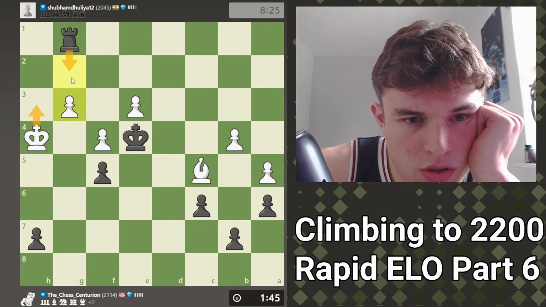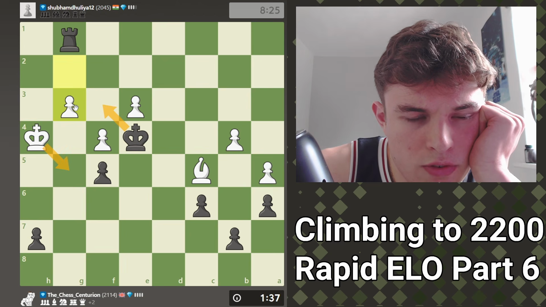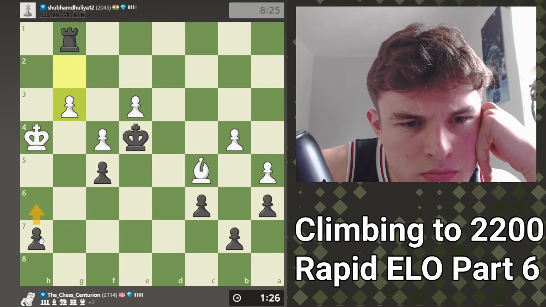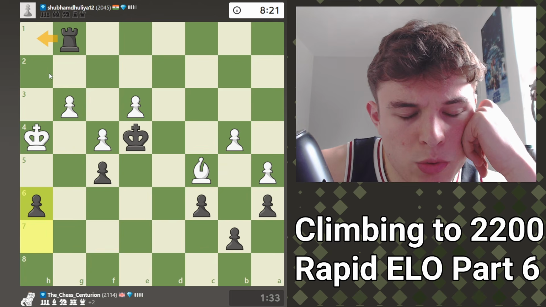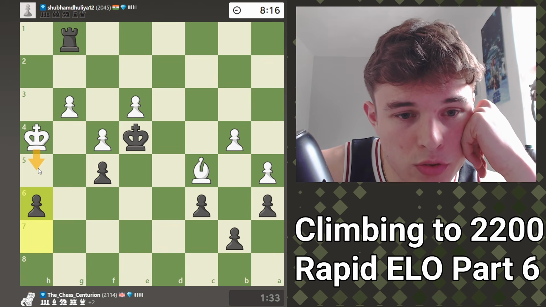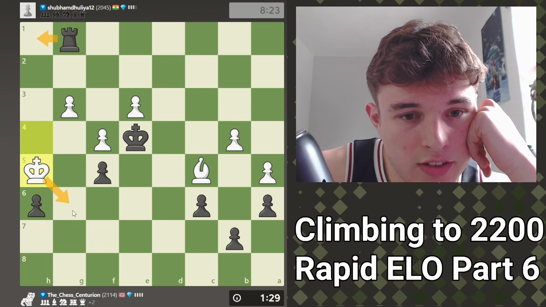Rook g2, king h3. Oh, wait, sorry, no. Now's the time for king f3. But if king f3, king g5, this pawn's a problem. Wait, am I mating him? Ooh. Wait, I think h6 is winning, because rook h1 is mate. So he has to escape somehow. And king h5 looks like the only move to escape to g6. After king h5, if I go rook h1, king g6...